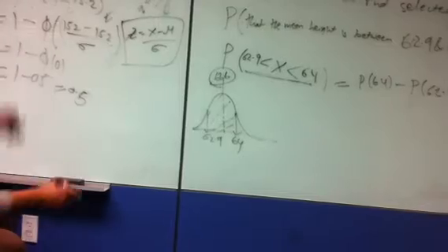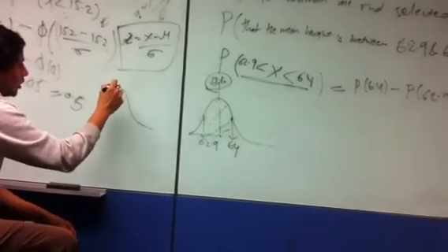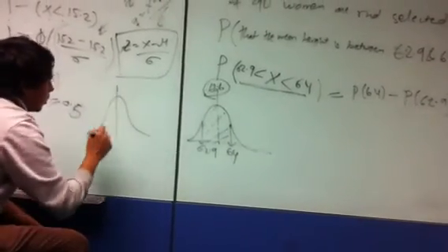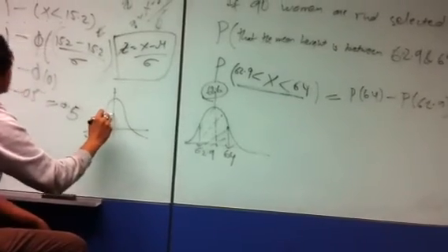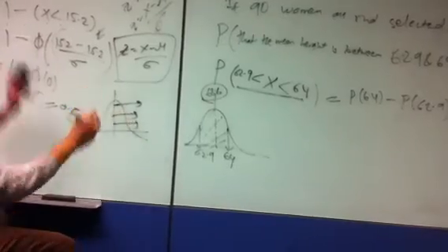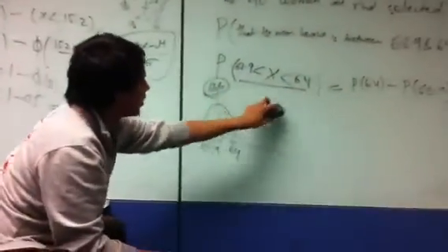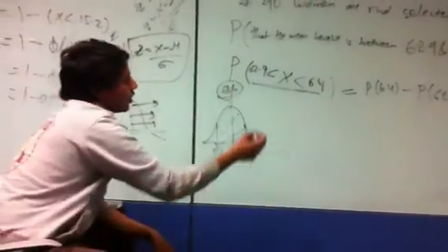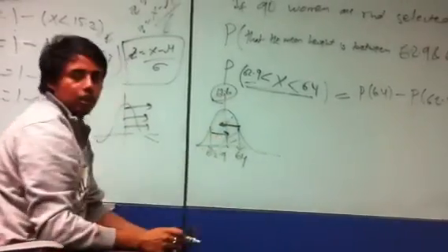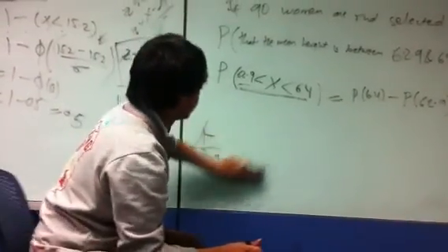Before, the Z-score was 0, the mean, and it was asking how much is greater than. It says greater than, so it was asking for this area. This says it's between these two areas. It's greater than 62.9 and less than 64, right? So if something like this comes up, the way to approach this